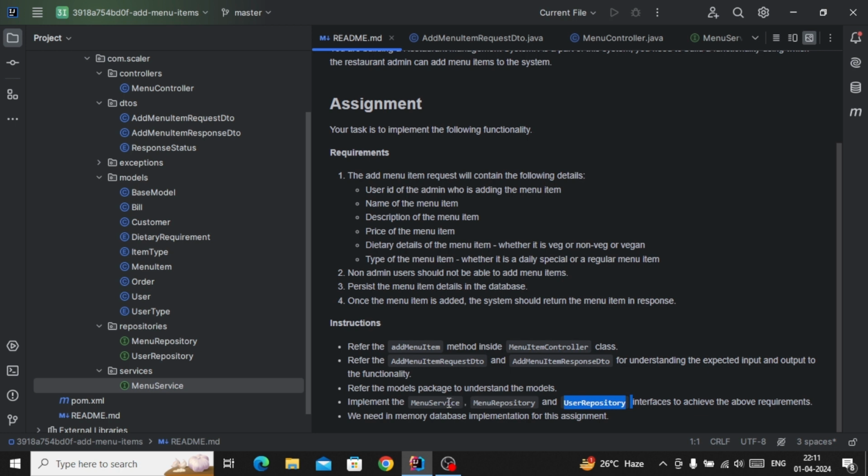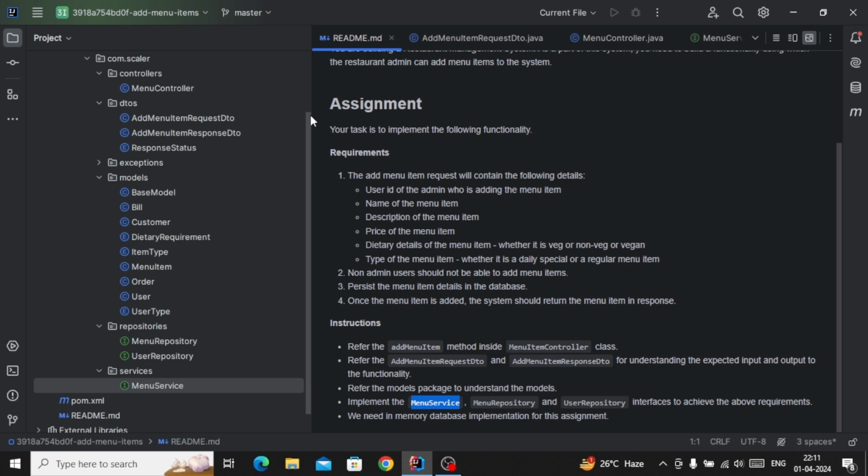After creating the menu services, inside of this we will implement the menu item using the help of the menu item class. After creating that, we will return it from the menu services and take that in the controller.